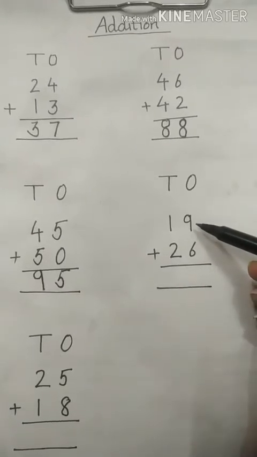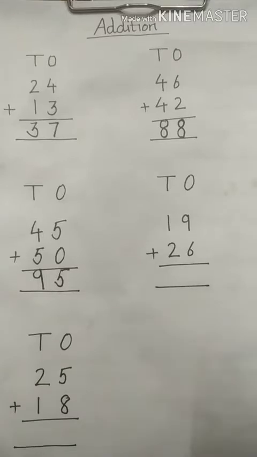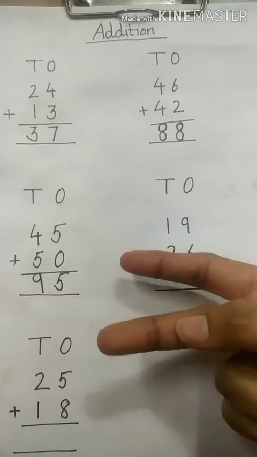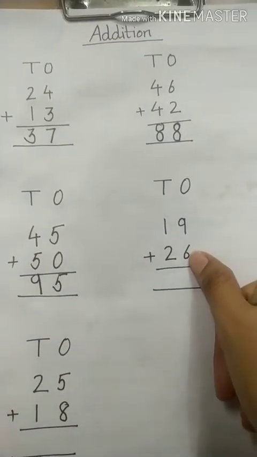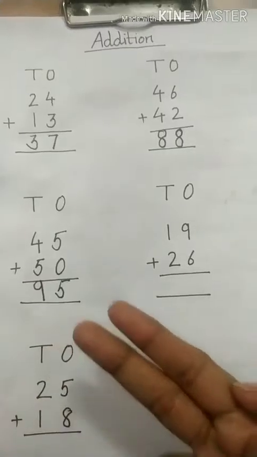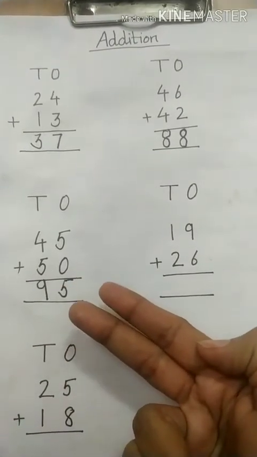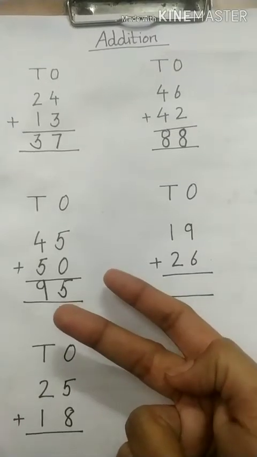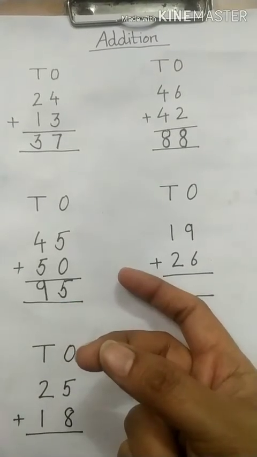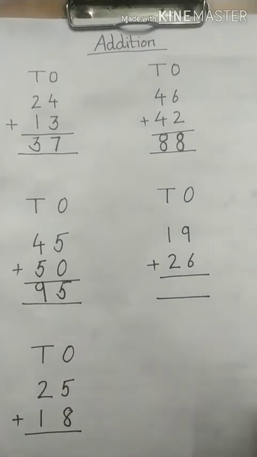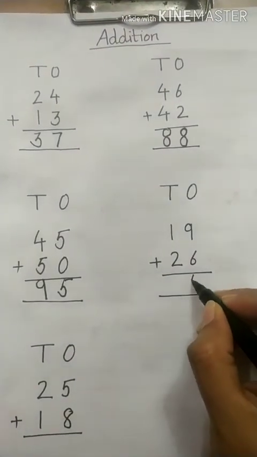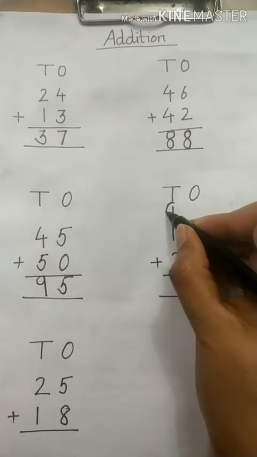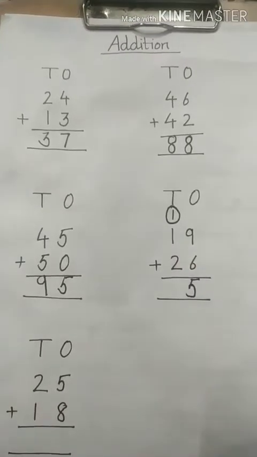At ones place we have 9 and here we have 6. There are 3 blocks in one finger. So we will be using 2 fingers for number 6. And we have kept the number 9 in our mind. So let's move further. 10, 11, 12, 13, 14 and here comes 15. So I will write 15. How I will write 15? 5 here and 1 will be carried over.